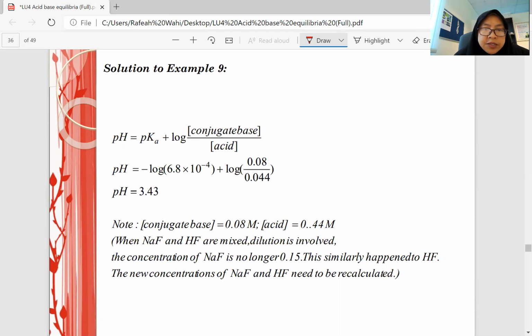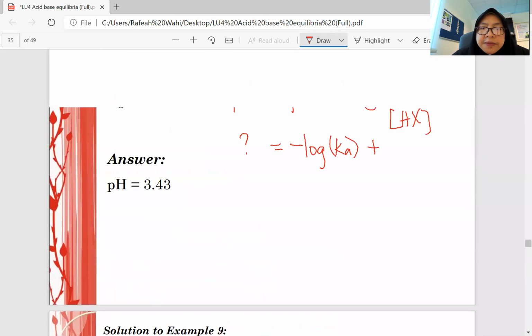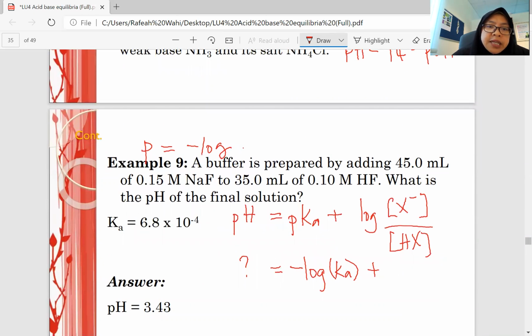Henderson-Hasselbalch equation. All right. Note that here the conjugate base is 0.08 molar and the acid is 0.044 molar. So when NaF and HF are mixed, in this case, dilution is involved. So the concentration of NaF is no longer 0.15. It's given in the question that the concentration of NaF is 0.15 molar and the concentration of HF is 0.1